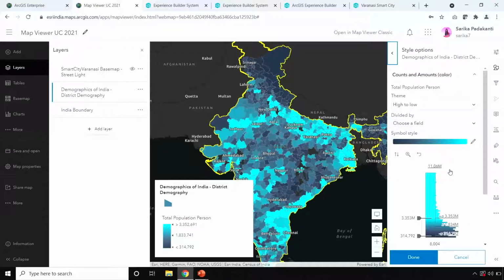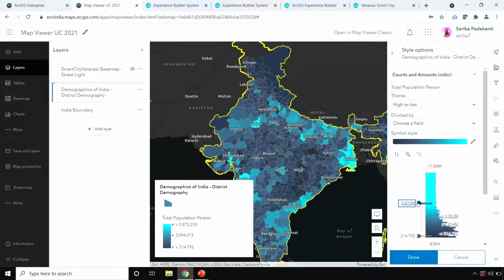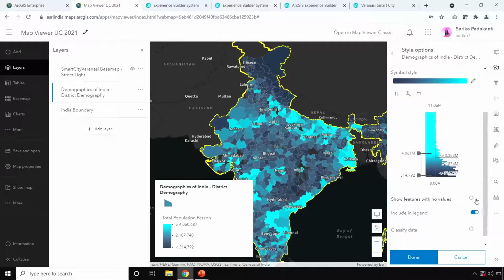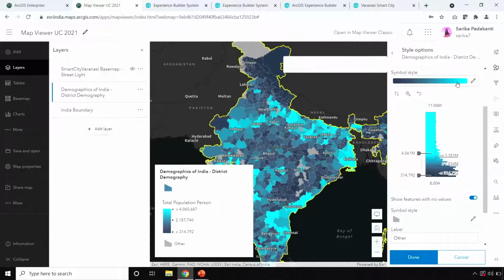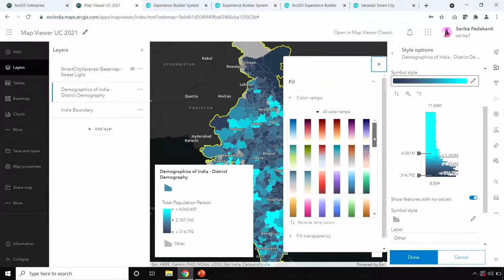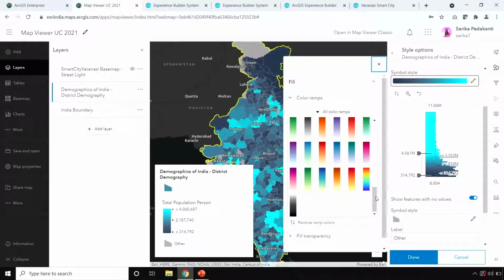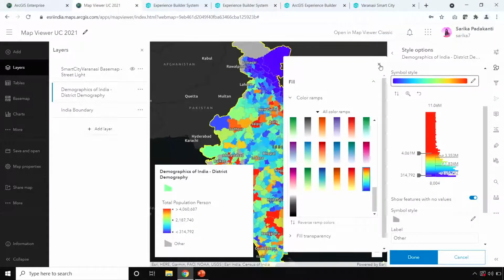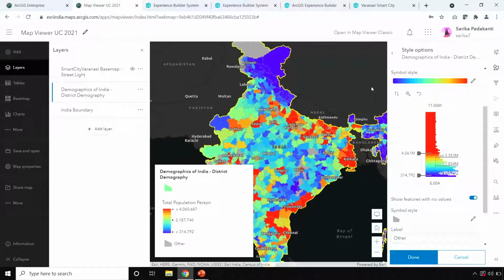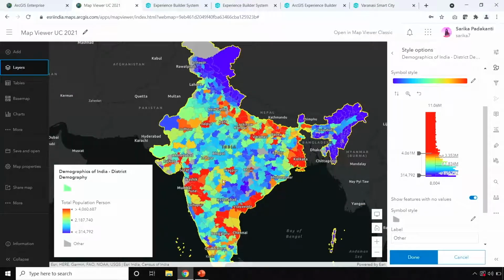So here you could see, with the help of the color, you can clearly understand where the population is high and where it is low. So you can make use of this option to change the colors, and you can even make it visually appealing by changing the colors using the color palette. So if you could see here, there are various colors that are available. So I'll quickly apply one of them. By this, you could easily make out where the population is high and where it is low. You could see in the states of Maharashtra, Andhra Pradesh and Uttar Pradesh, the population is rapidly increasing.